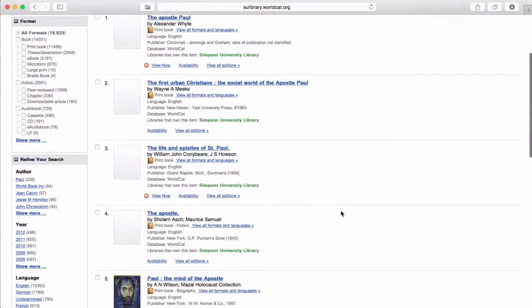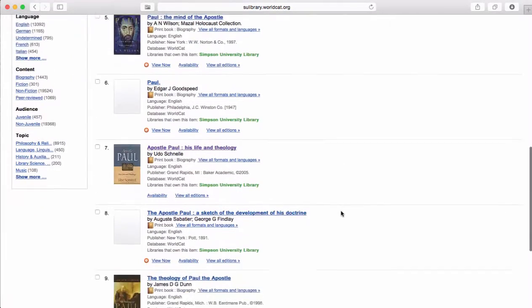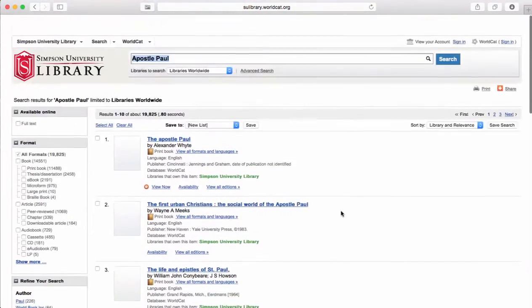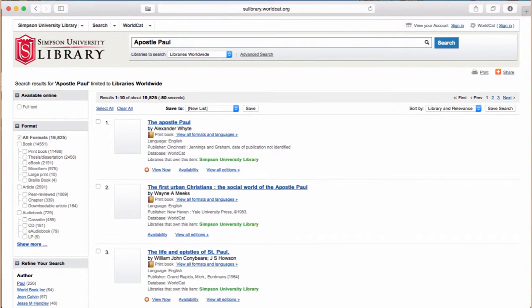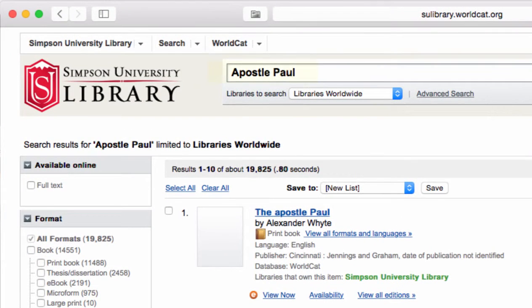But there are actually 19,825 listings, so we will definitely want to pare down the search. Before doing so, however, let's look carefully at the results page. First, the search phrase Apostle Paul is in the place at the top of the page. It will show me explicitly what I have searched for, which is very useful if I have done an advanced